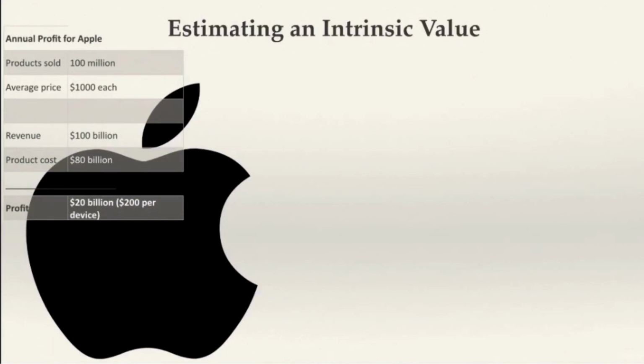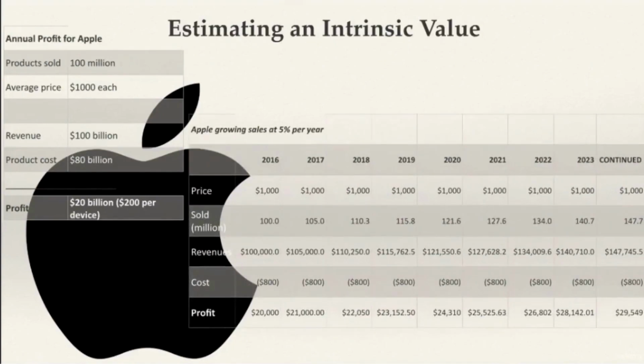Obviously, Apple is a business, and businesses want to grow. Let's say that Apple sells 5% additional product each year at the price of $1,000. So next year they make $22 billion, and the year after that they make $24.2 billion. For the next 39 to 40 years, we predict they will make $337.5 billion, which we get by adding up all those figures.